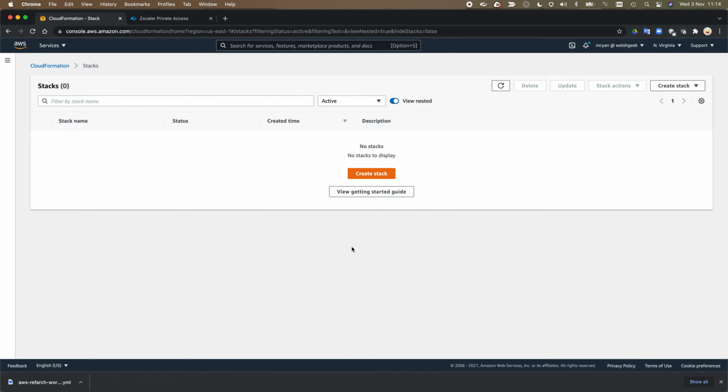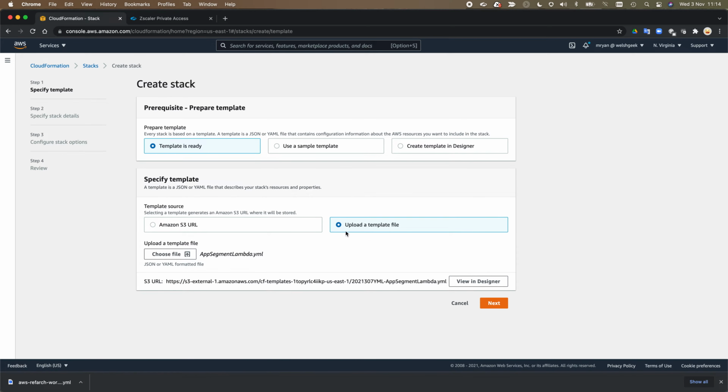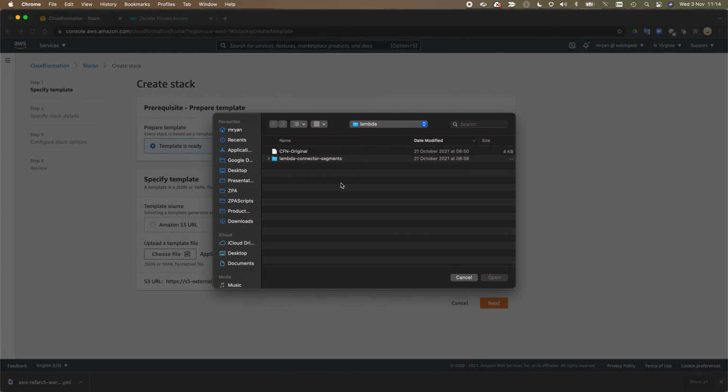I'm going to walk you through building an AWS environment for Zscaler Private Access and Zscaler Workload Segmentation. We've got a couple of CloudFormation scripts that are going to do this for us. I will start by building the stacks and running through what each of those stacks is doing. So we're going to create a stack and upload a template file, and we're going to start with